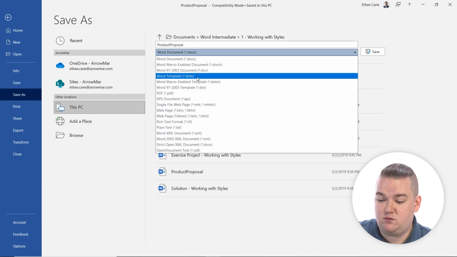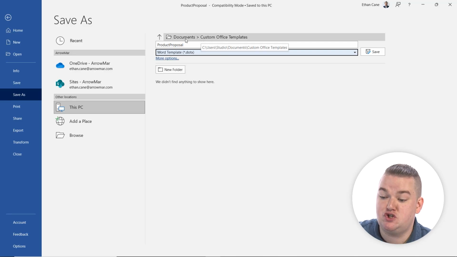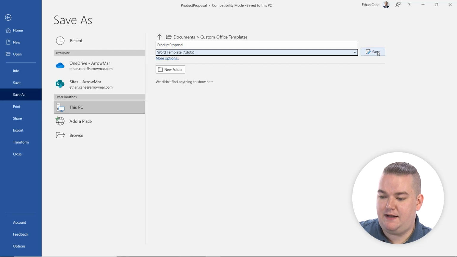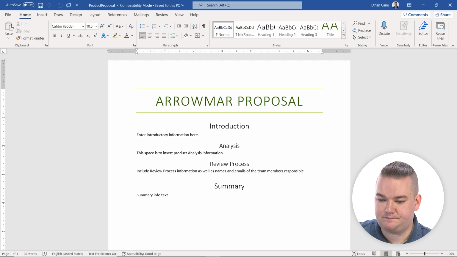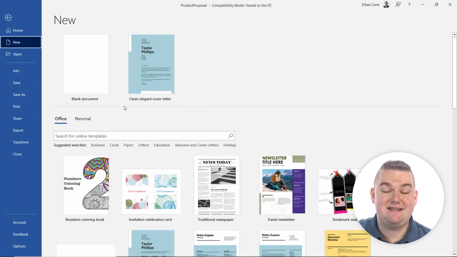If I go down and I select Word Template, we can see that default file path has shifted to Documents, Custom Office Templates. So what that means is that there is a folder already built into Microsoft Word, this Custom Office Templates folder, that if you save your template there, it's going to be really easy to find that template for when you use it. So I'm going to go ahead and save my document here as a template. And now I can go ahead and if I want to create a new document, I can find that document